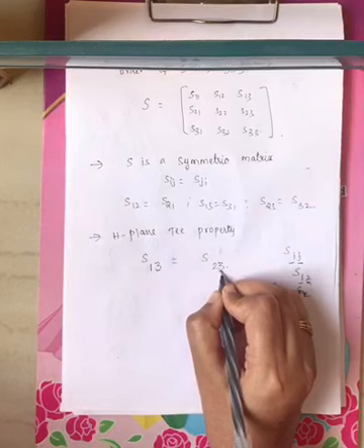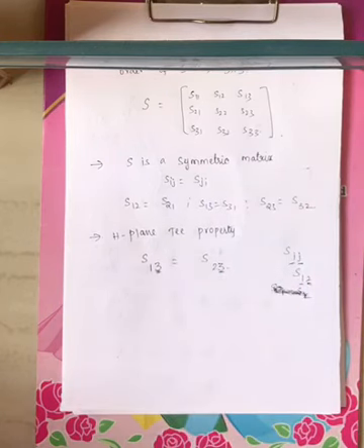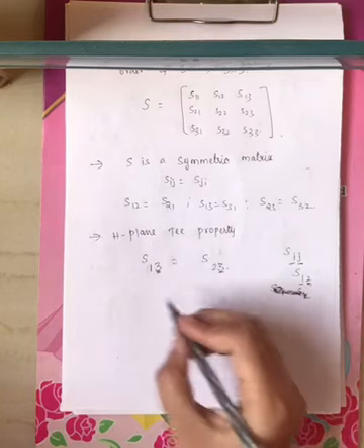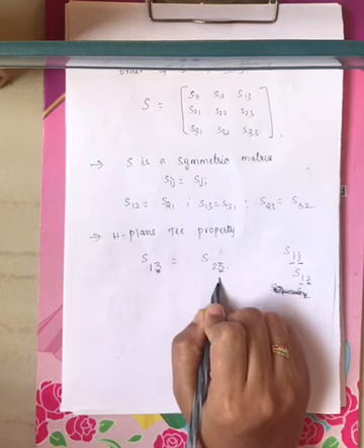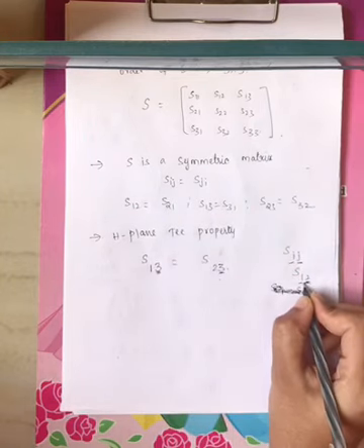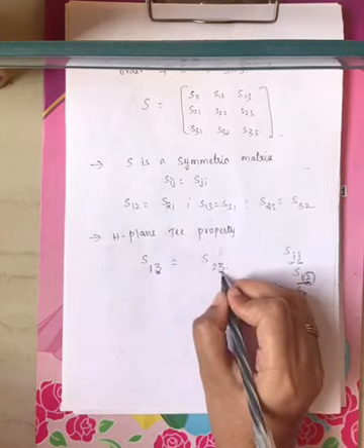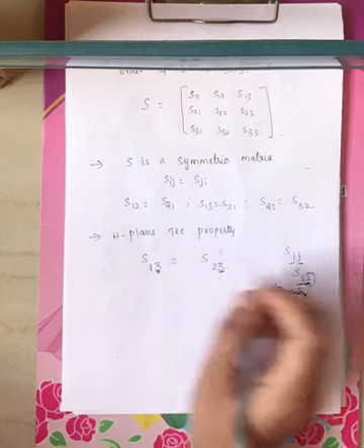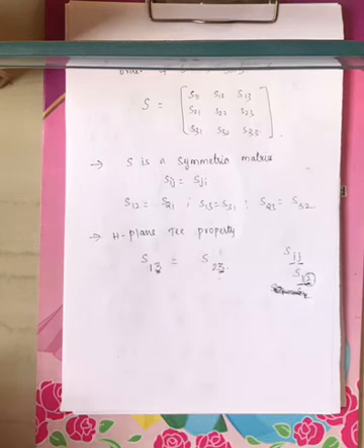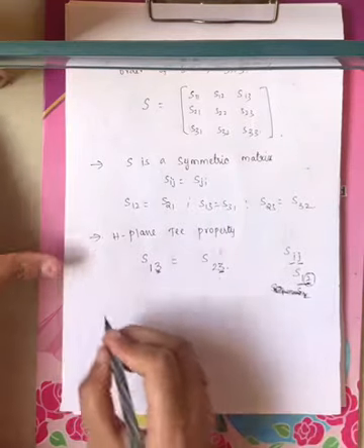Input I am giving from port 3. Now where will you get output? Port 1 and port 2, which are equal in magnitude and phase. That's why S13 equals S23, right? As I have said, if it is S12, input you are giving from port 2 and output you are collecting from port 1. If I give input from port 3, you get output at port 1 and port 2, equal in magnitude and phase. That's why S13 equals S23.